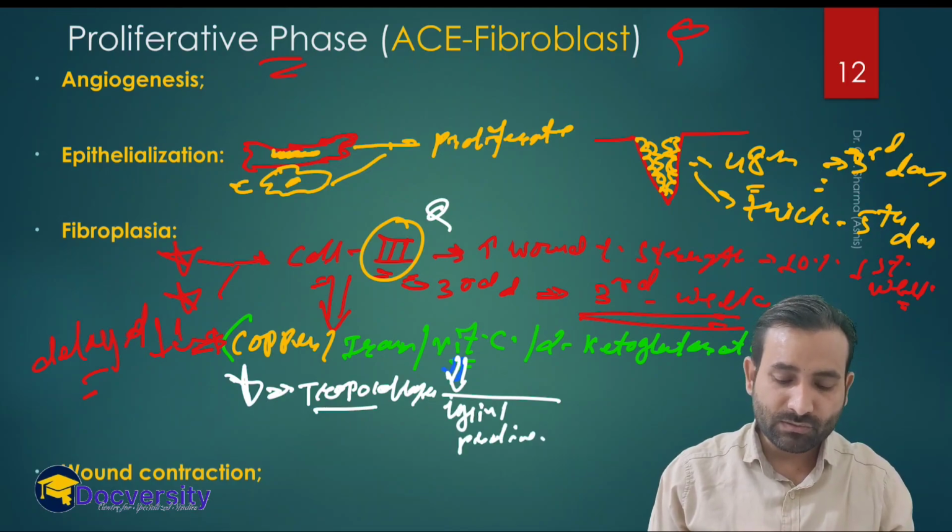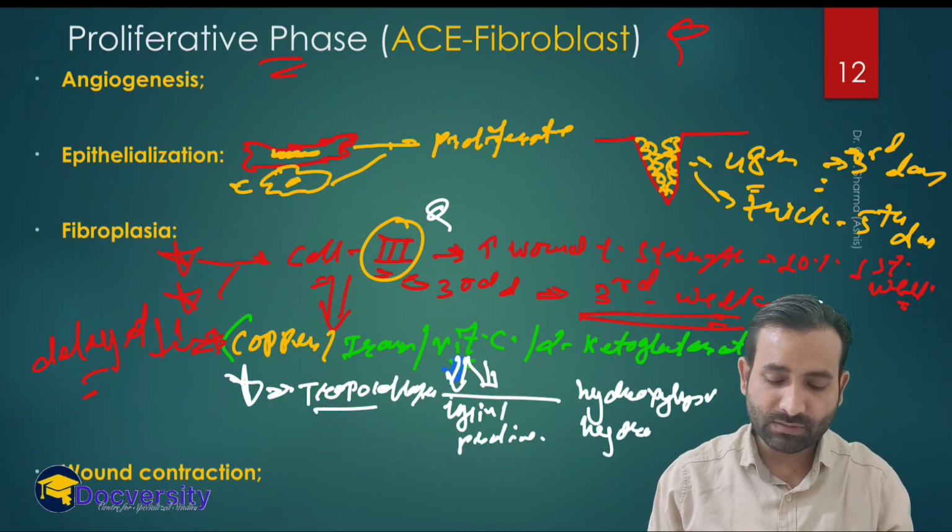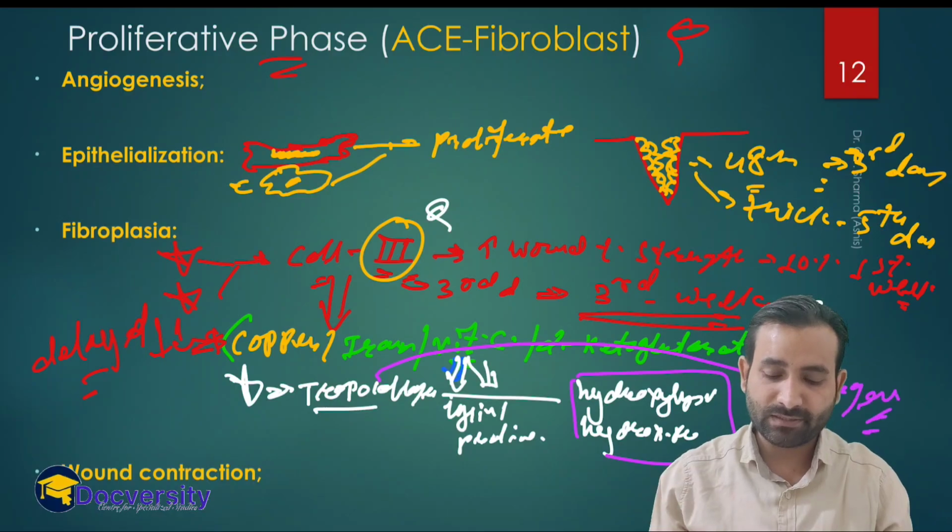Once there is a presence of vitamin C, this lysine becomes hydroxylysine and proline becomes hydroxyproline. Once it becomes hydroxylysine and hydroxyproline, this tropocollagen becomes the collagen, the mature collagen. So the vitamin C is required for the conversion of the lysine and proline to hydroxylysine and